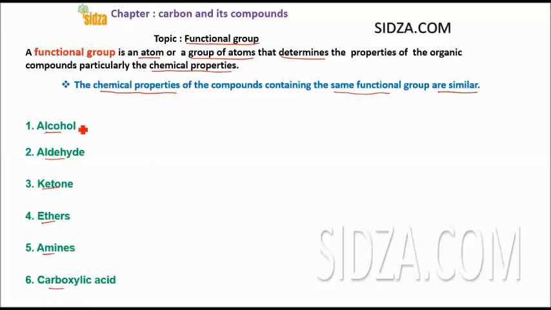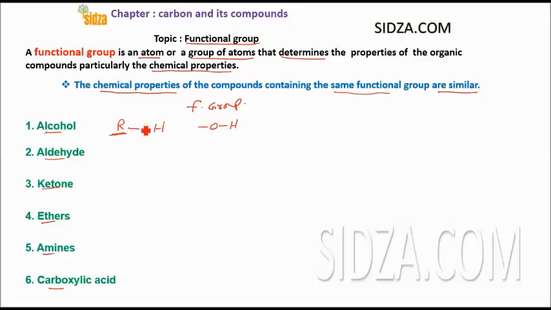The general formula of the alcohols is ROH, and the functional group in the alcohols is OH, the hydroxyl group. OH is the functional group, right? This is the functional group in the alcohol. This alkyl group can be anything. It can be methyl, ethyl, propyl, butyl, right? So